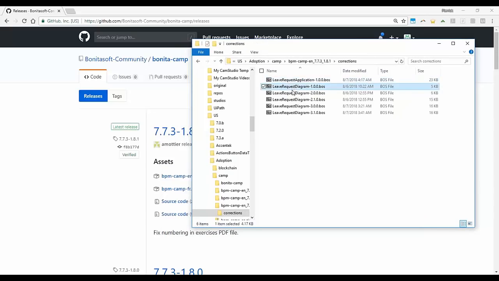The corrections are basically all the exercises. We have what we call a boss file in Bonita. A boss file is basically an archive of all the sources, all the artifacts that you are developing in the studio.